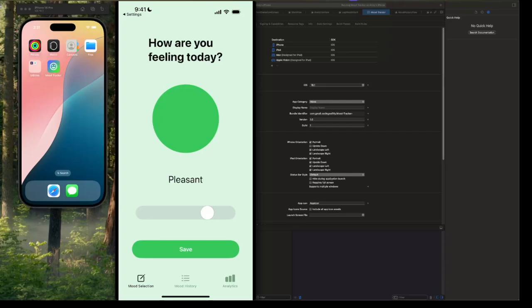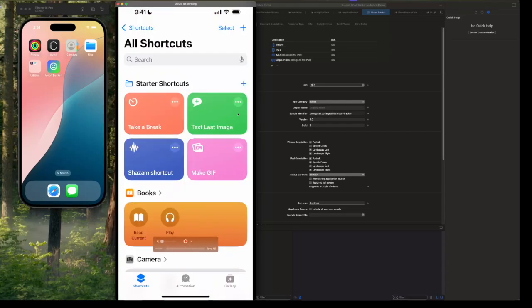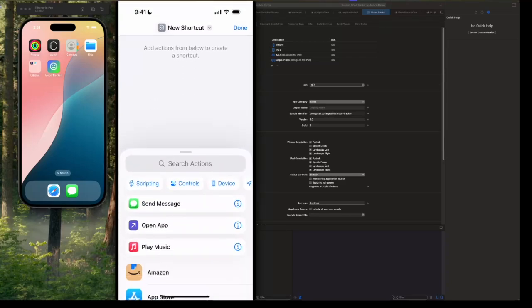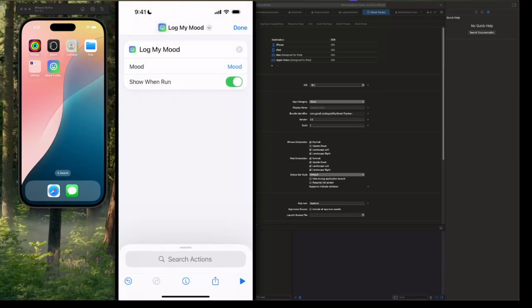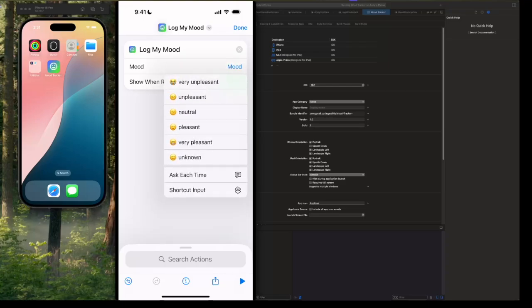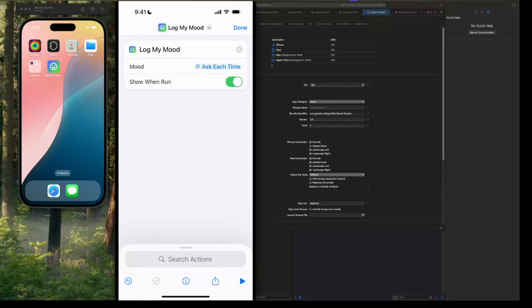All right, so let's open up the Shortcuts app. When you open up the Shortcuts app, you should see something a little bit like this. If I click the plus button on the top right-hand corner, I can search for my mood tracking app. And cool, there it is. There's our shortcut. So I can click that shortcut and I can select a mood here. It says mood, and I can select any of the moods that we've set as a parameter here, or we could just say ask each time. What this means is every time the shortcut